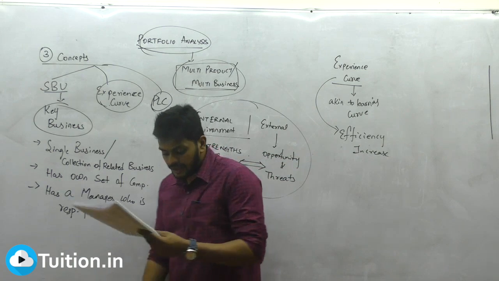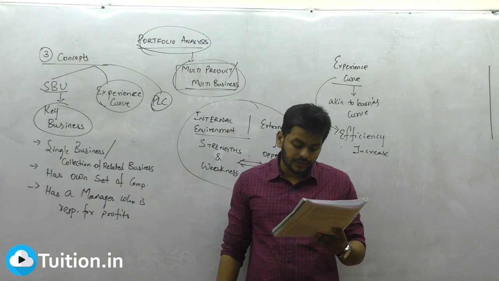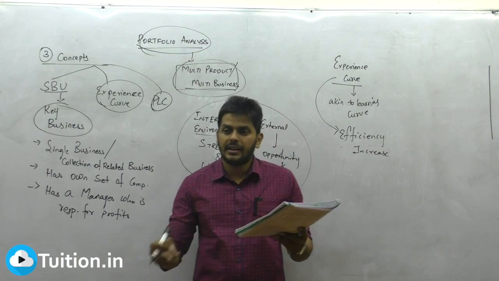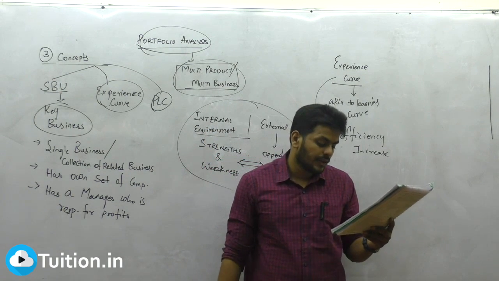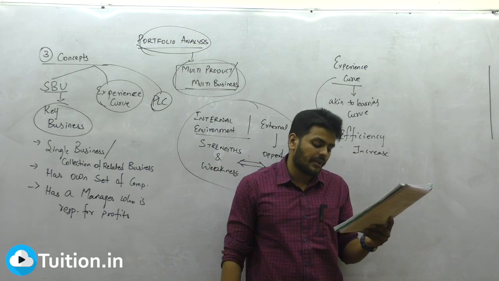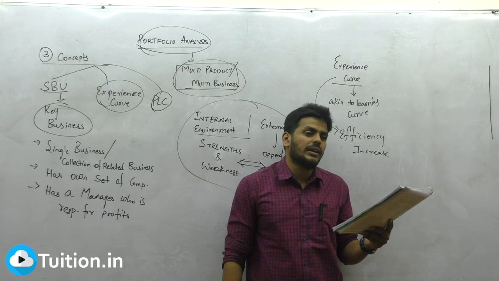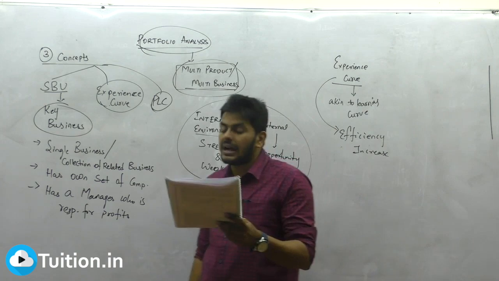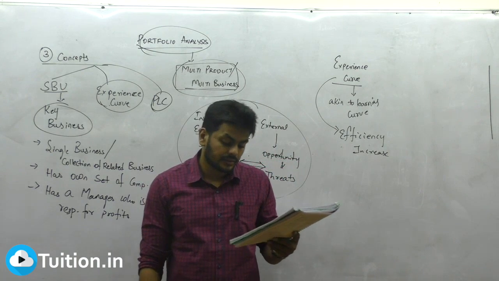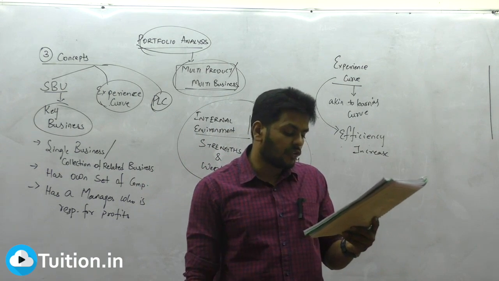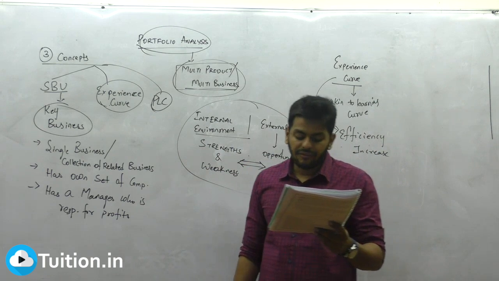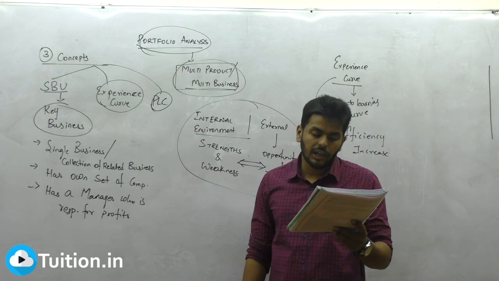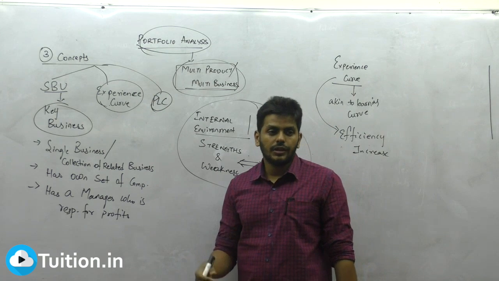It's about efficiency increase gained by workers through repetitive productive work. So, when you do the same productive work repeatedly, your efficiency will improve. Experience curve is based on a common phenomenon that per unit cost will decline as the firm accumulates experience in terms of cumulative volume of production. Per unit cost will come down.